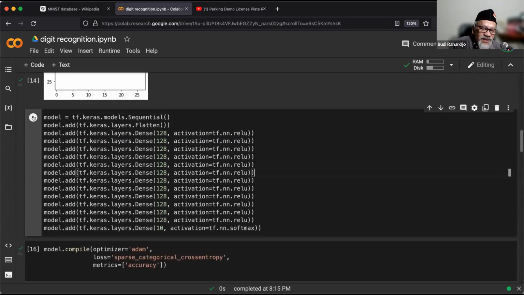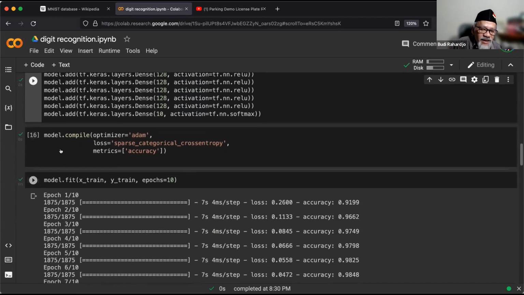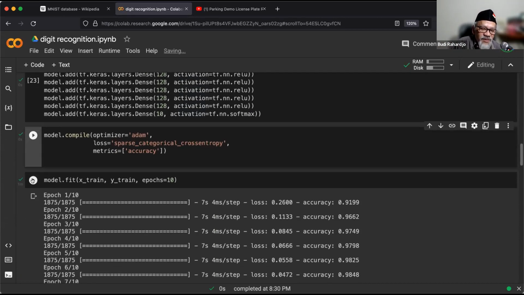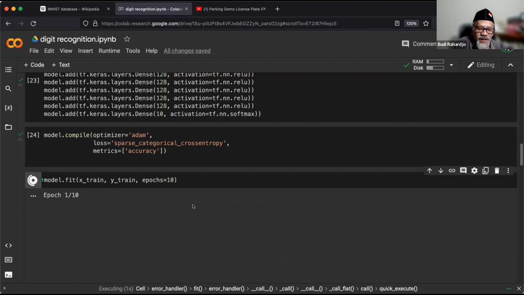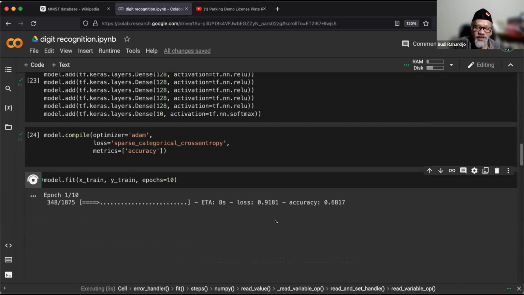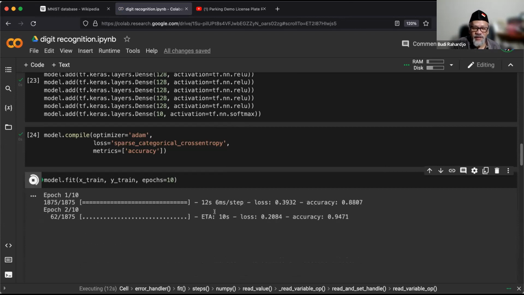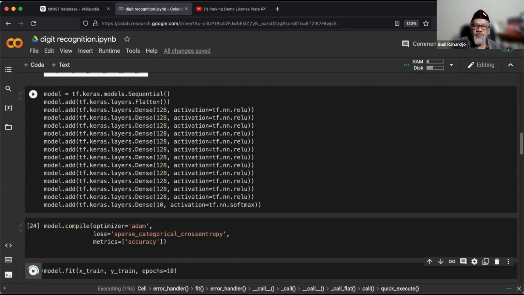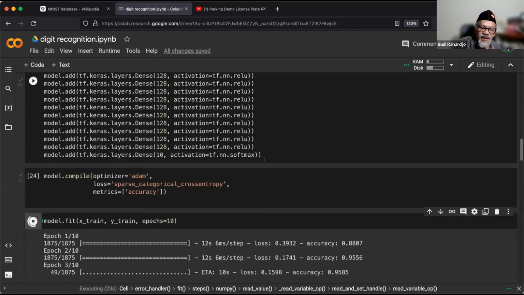So, if you do this, you run it again. Sometimes you have to reset it. You run it again, and then you run this, and then you do the fitting again. So this one is going to take a while, right? Remember last time it's only 7 seconds for one epoch. This one is taking a bit a while. Okay, still easy. So 12 seconds, longer, but not that longer. Almost twice. Okay, and we don't need this because it's already good. Okay, ini masih jalan tuh, lihat.